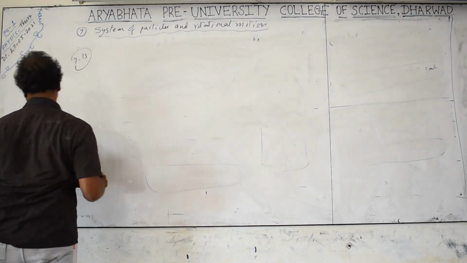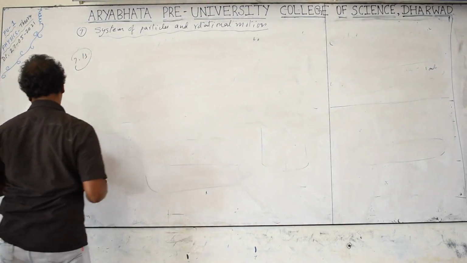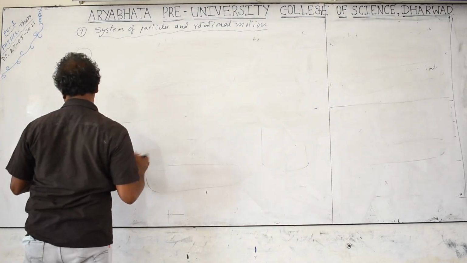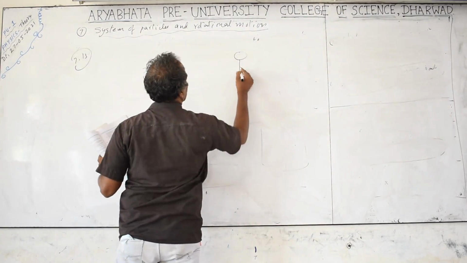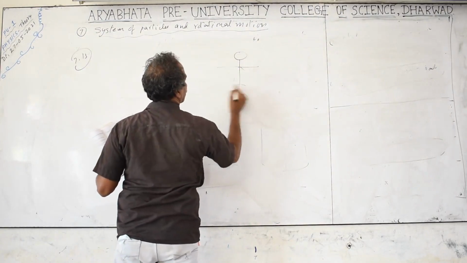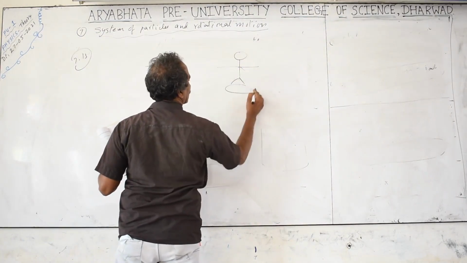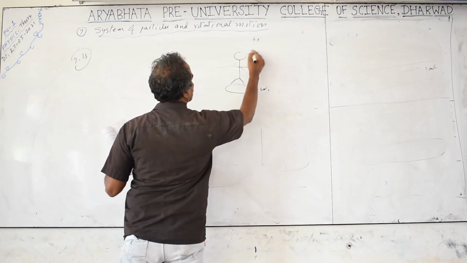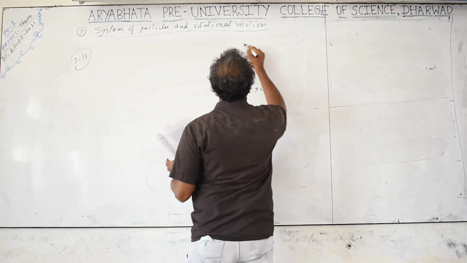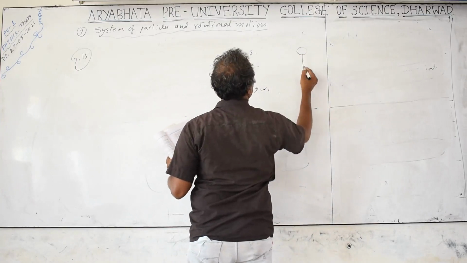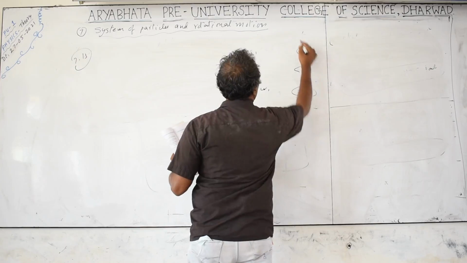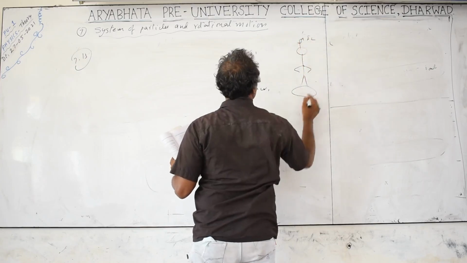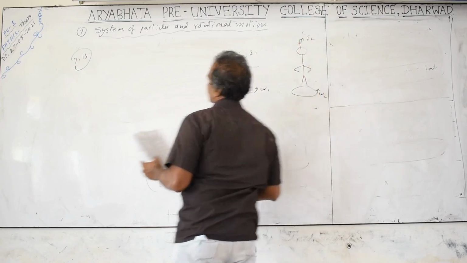Problem 1.13. A child stands on a turntable, rotating with arms stretched, with angular velocity omega 1 and moment of inertia I1. Next, he folds his hands. Now the moment of inertia is I2 and the angular velocity is omega 2.